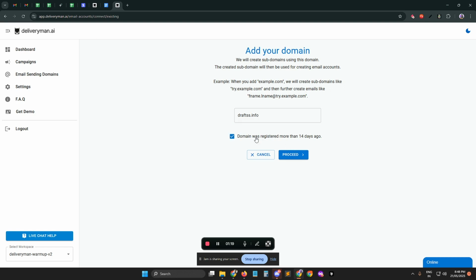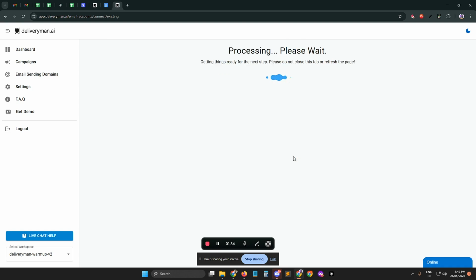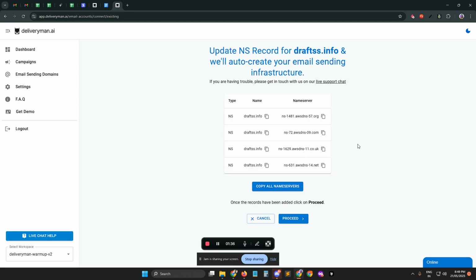And if the domain name was registered more than 14 days ago, you can tick this option. If not, if you've recently purchased it, within the past couple of weeks, then you can simply click on proceed. Once you do that, you will get all of these records that you need to add in your DNS provider. So depending on what you're using, you can either copy them individually or just copy all